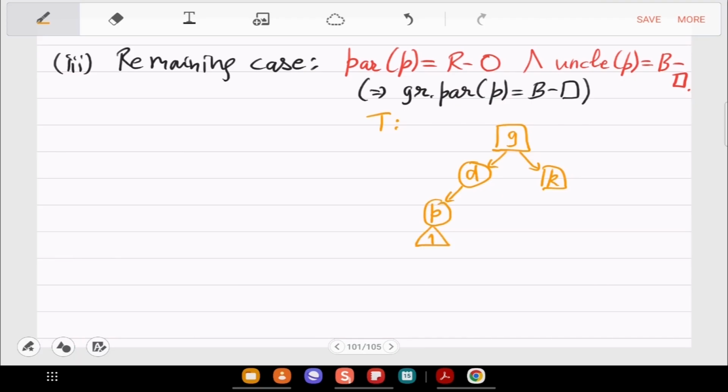Let me first draw this. Okay, so this is what has been newly introduced. This is what has been inserted. You did insert P, and so this is insert P operation. This is where the imbalance is.